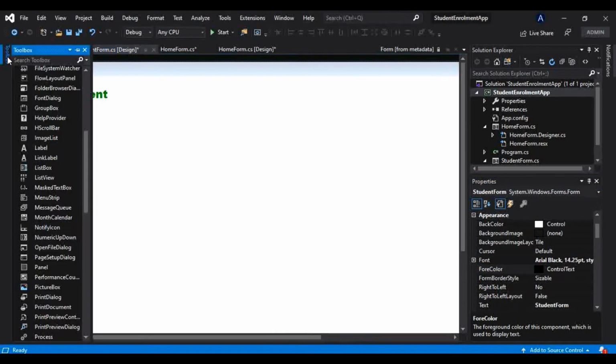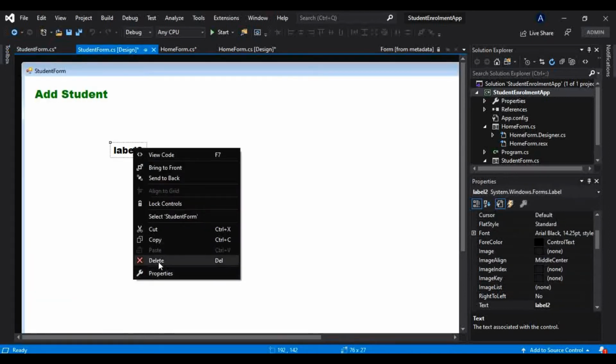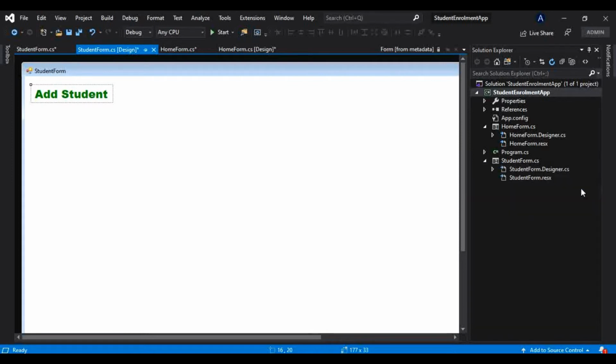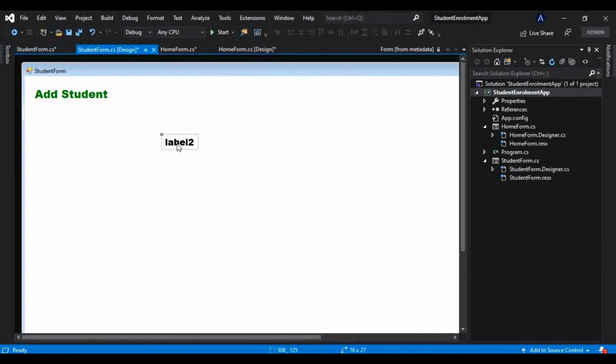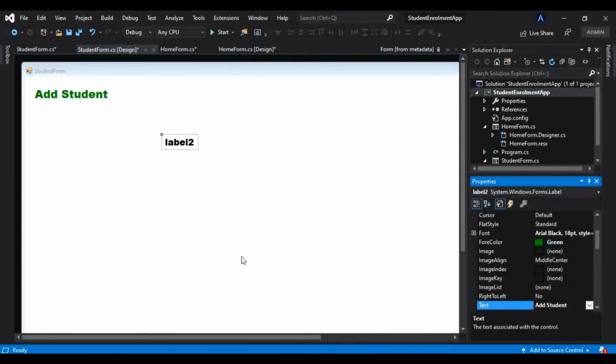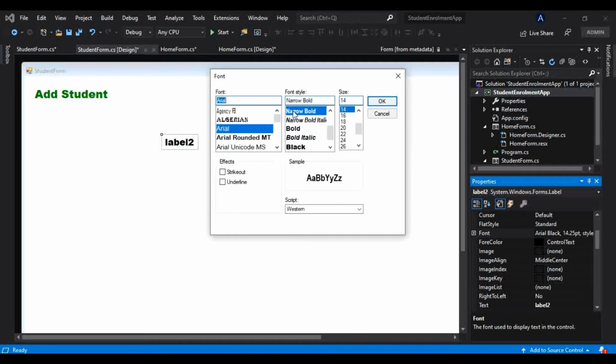Now I want some labels and buttons here, so I will just copy this somewhere here, and I don't want this label to be this big, so let me delete this. Let me close this window, and again I will drag and drop these labels. Okay, so I have to change that from here again. I will make this as Arial black again, but font I will change to 12.